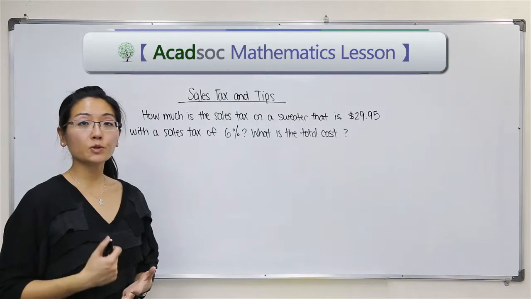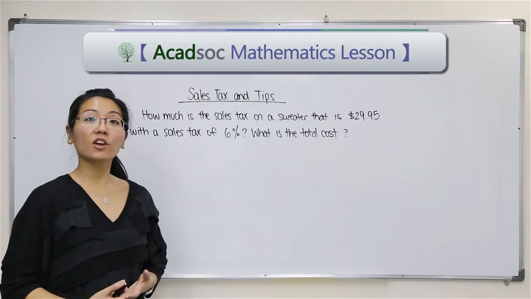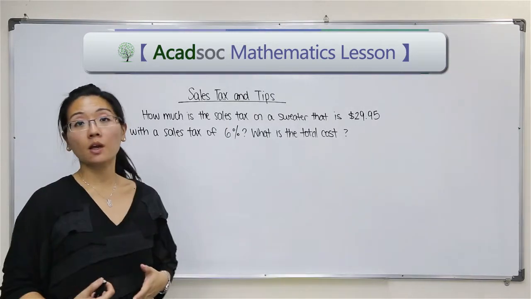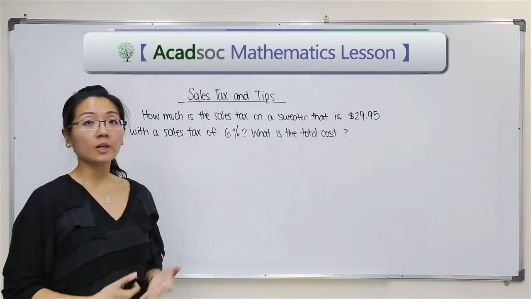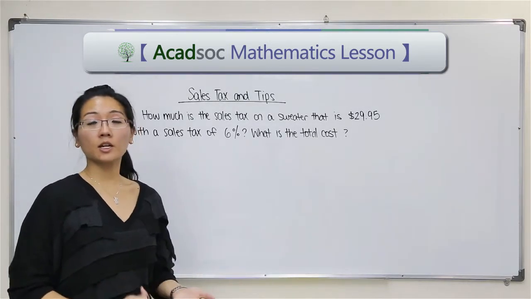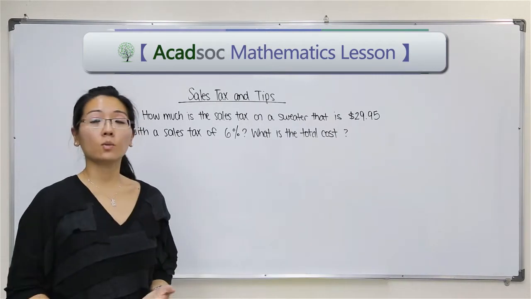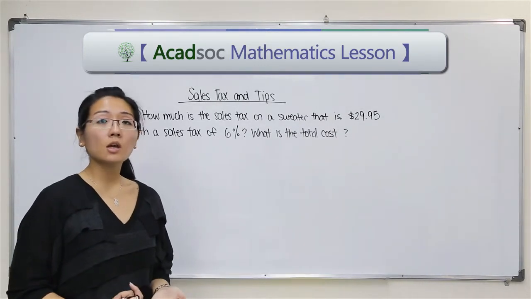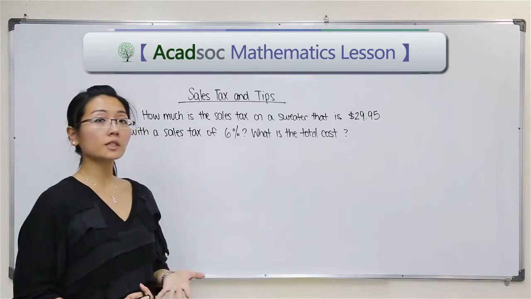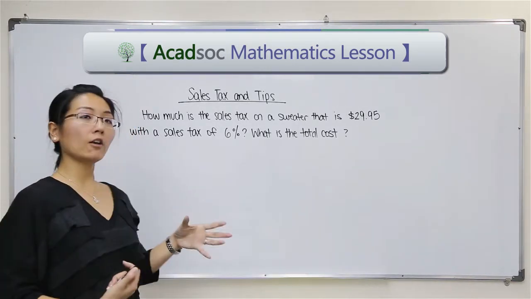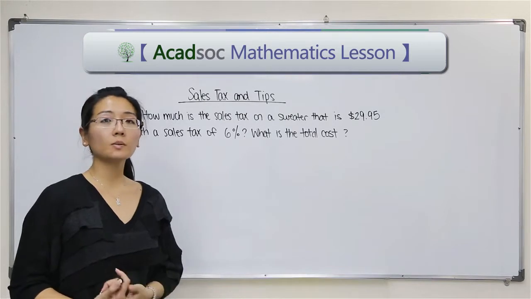Now, an area that we use percentage a lot in real life would be for sales tax and tips. When you go purchase an item, there will be a sales tax depending on the rate of your state. There's also a tip that you pay the waiter or the waitress at the restaurant, depending on their service. And in order for us to calculate the amount of tax and the amount of tips, we have to use